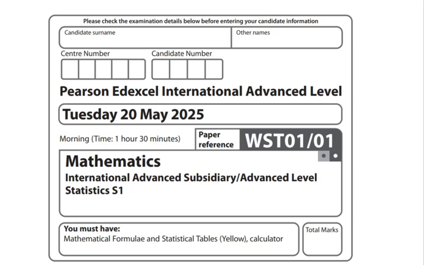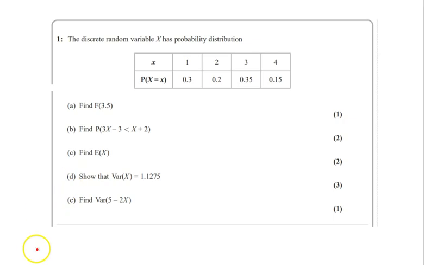That is May, June. I'll explain the concepts and see how we reach the right answers. Let us go straight to question 1. Question 1 here we have